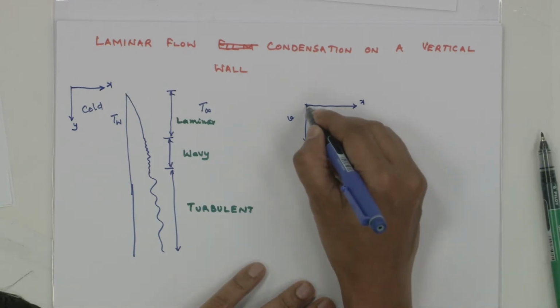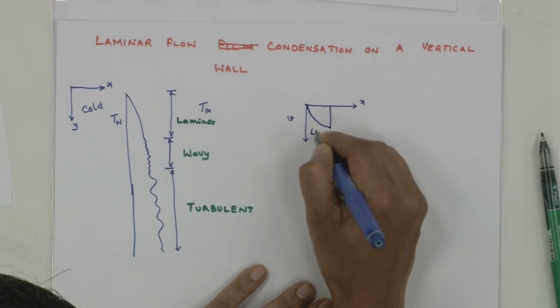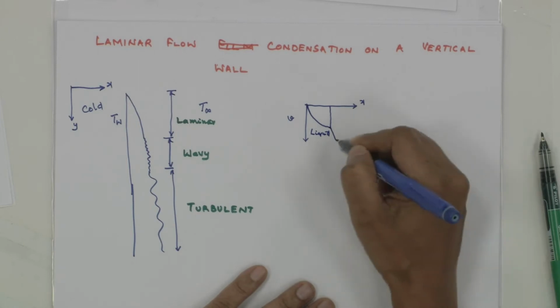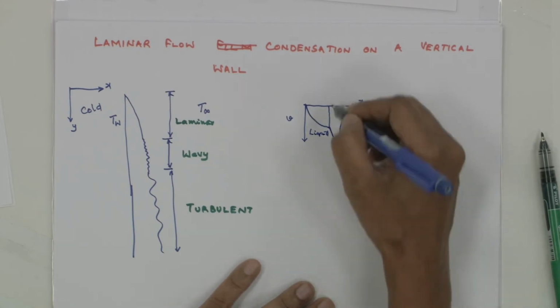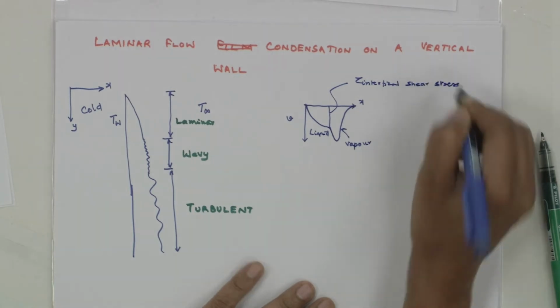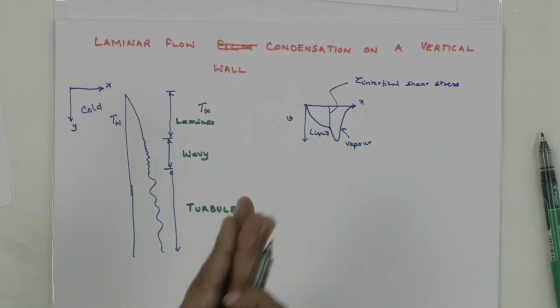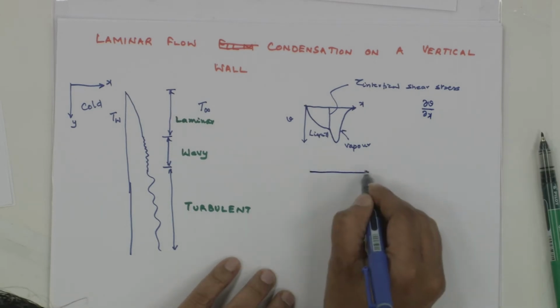So if I choose that, you have till the film in the liquid the velocity increasing, this is the interface, this is liquid, and your vapor velocity might be very high. Your vapor velocity will increase and then come to 0. This is my vapor velocity. So that means you will have interfacial shear stress, because there is liquid moving and the vapor moving, there is a shear stress across the vapor and the liquid, that is the interfacial shear stress. But taking interfacial shear stress in the first go, it will be difficult. While deriving, we will be neglecting this interfacial shear stress, that is del v by del x equal to 0, if we neglect interfacial shear stress, del v by del x term we will be neglecting. So this is velocity, and if you take the temperature,